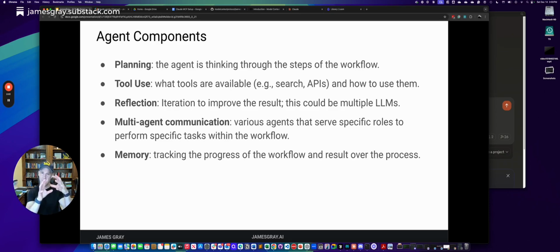You might have a master agent delegating tasks to specific agents that are honed and created specifically for tasks in that workflow, and then we bring all those things together to achieve the goal. So multi-agent communication is an important capability. And finally, just like us as humans, memory: we need to track where we are in this workflow of execution, whether we achieved the result, and where we are in the process.